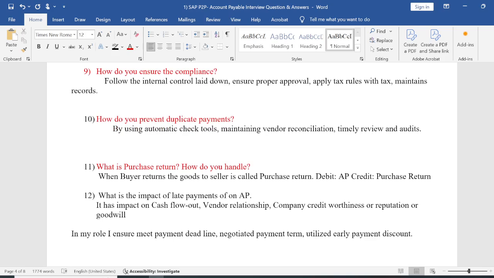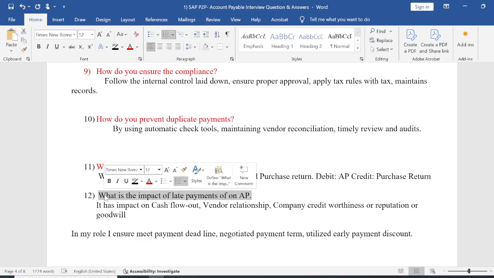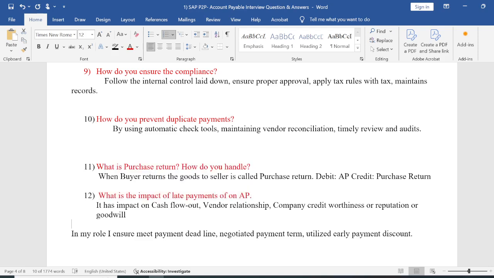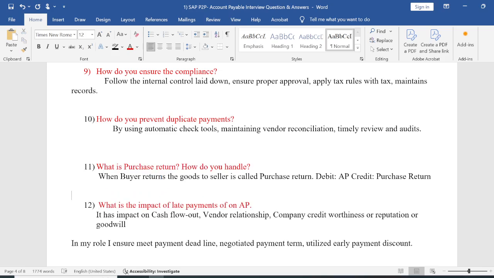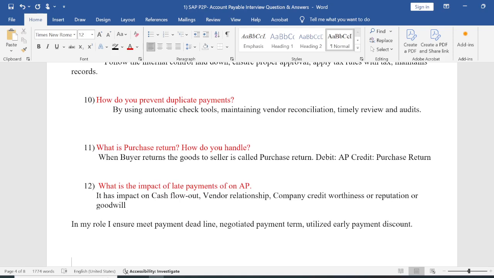Next question is, what is the impact of late payment on AP? If you are making a late payment, there will be an impact on accounts payable. It has an impact on cash outflow and vendor relationship, because if you delay the payment,